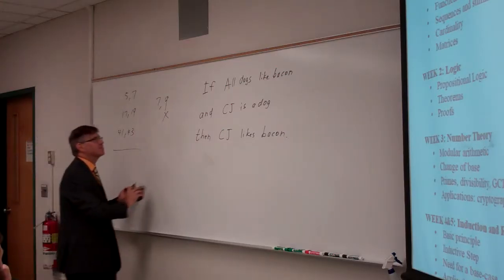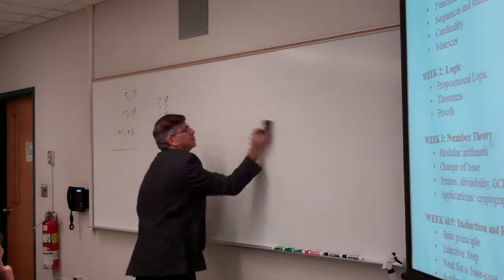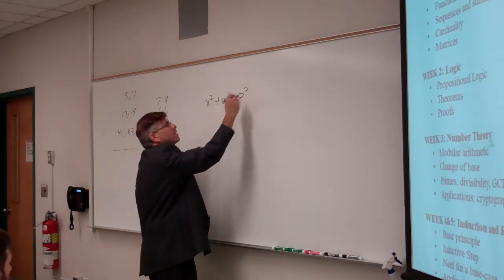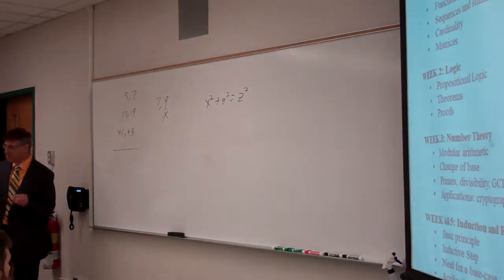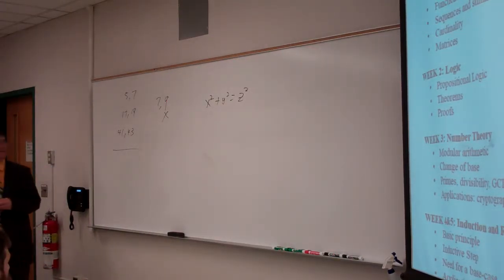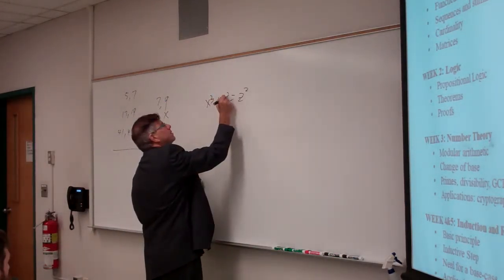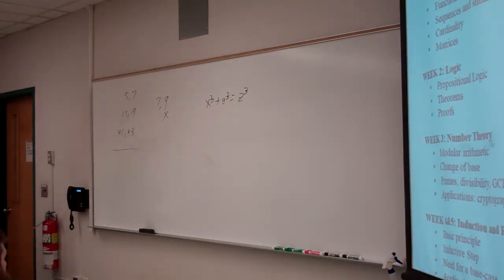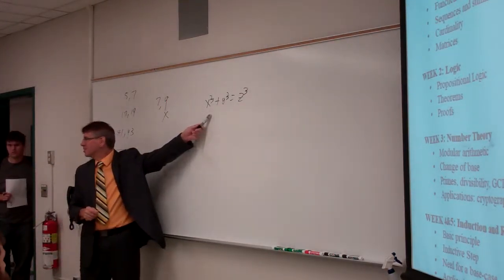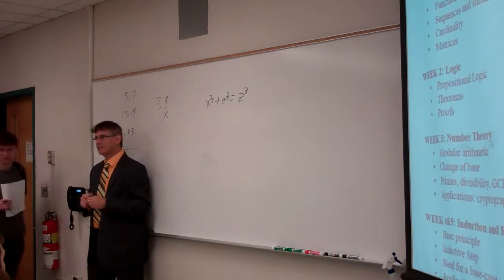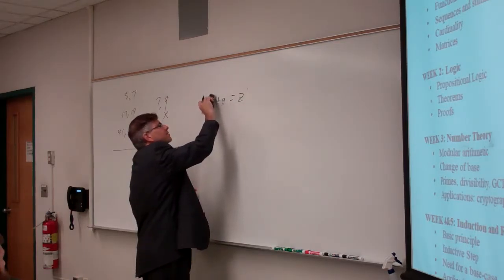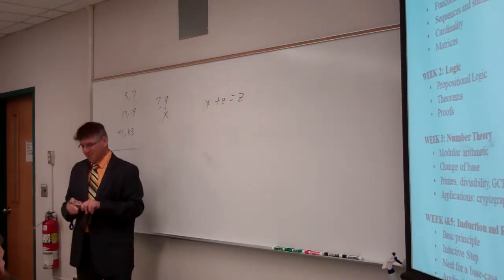The most famous one, perhaps, is trying to solve this with integers. Pretty easy: 3, 4, 5. That's just a Pythagorean triangle. Trying to solve this with integers, other than 0, 1, 0, is very difficult. And in fact, it's been known for a few hundred years that there's no way to solve this with positive integers. But what about x to the 4th, y to the 4th, z to the 4th? X to the 5th, y to the 5th, z to the 5th, or most generally,